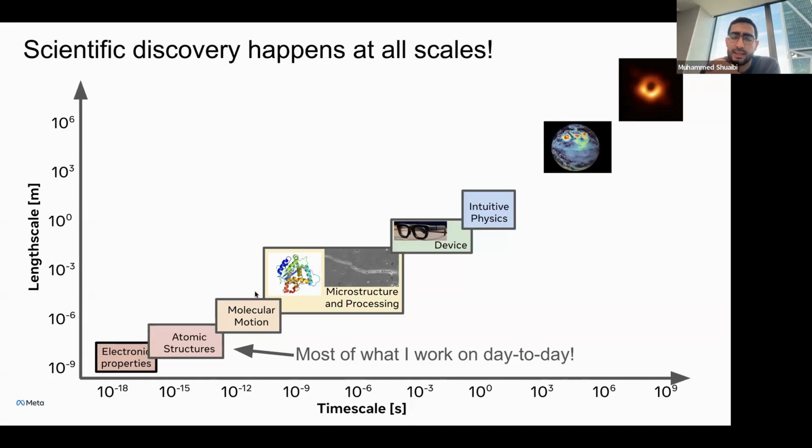But then you also have things on the complete smaller end of the scale. So atomic structures. These things happen on picoseconds, femtoseconds, very tiny time scales. And the size of those things is extremely tiny. You don't see an atom, but we know it's nanometers, significantly smaller. And this is most of the work I do day-to-day, and I'll talk a bit more about this, but just to give you a sense, the work I do is focused on one very small part of a huge scale of different applications.